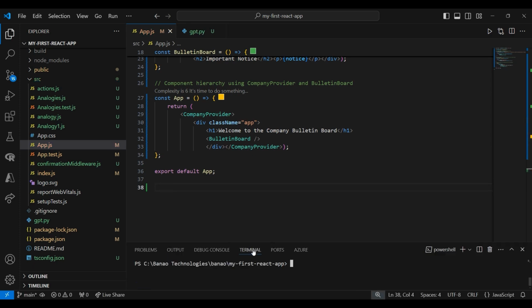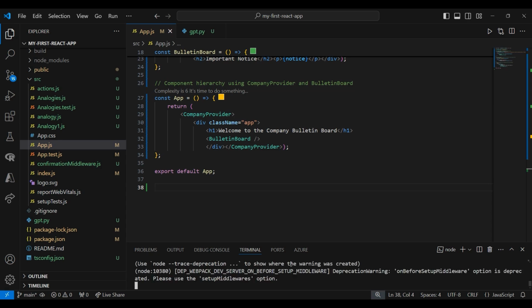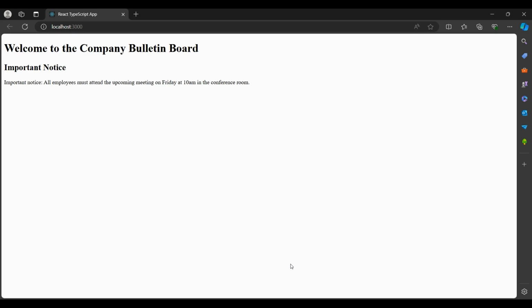Real-world example. In a corporate setting, the use of Context API can be likened to a real bulletin board in an office space. The company context acts as the physical board where important notices like meeting schedules, policy updates, or event announcements are posted. The company provider is equivalent to the management, ensuring that all employees have access to the information on the bulletin board. The bulletin board component serves as the display area where employees can easily see and refer to